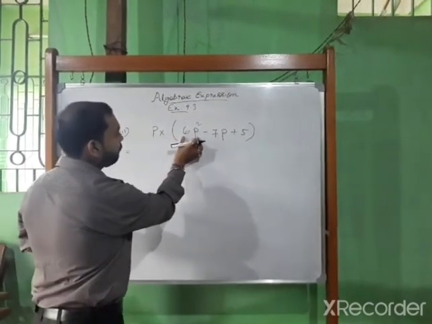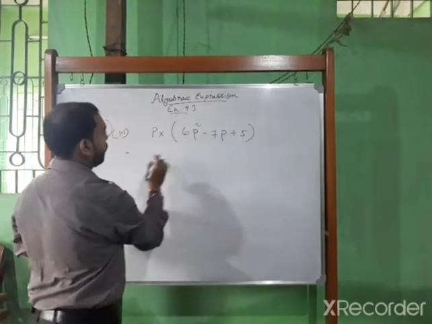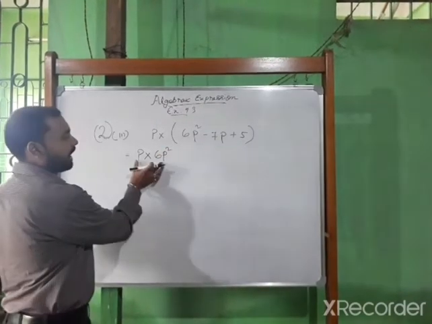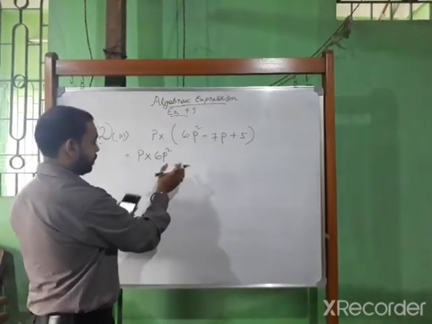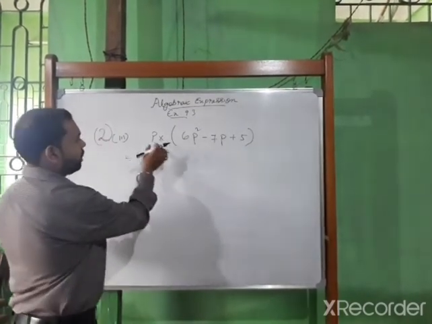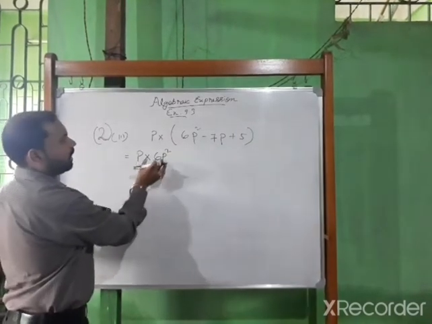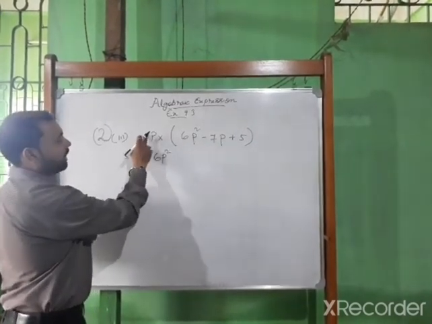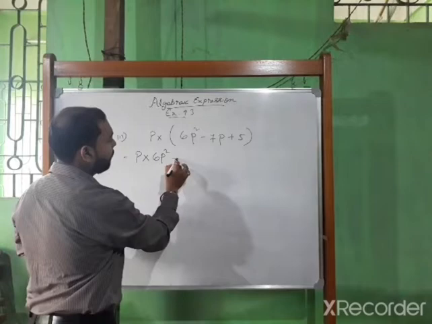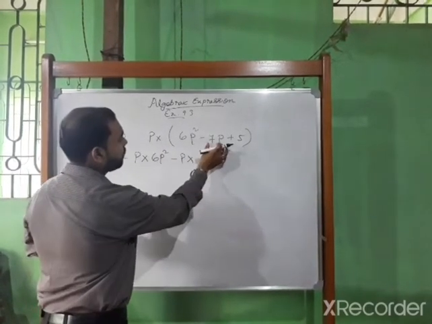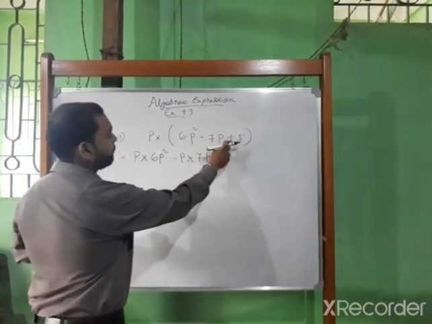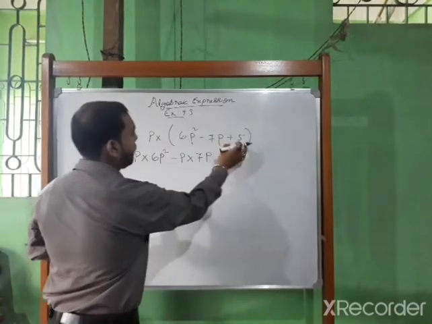When p will be multiplied with the first term, that is 6p square, so p is multiplied with 6p square. Okay, let me write in details, because in question 2 I have written in shortcut. So let me write in details. P multiplied with 6p square, we can write like this. Now this p has no sign, that means it is positive, and here it is negative. So plus and minus, it will be minus. Now p multiplied with 7p, so write it here 7p. Again you see this is plus and plus, and plus, it is plus. So p multiplied with 5.